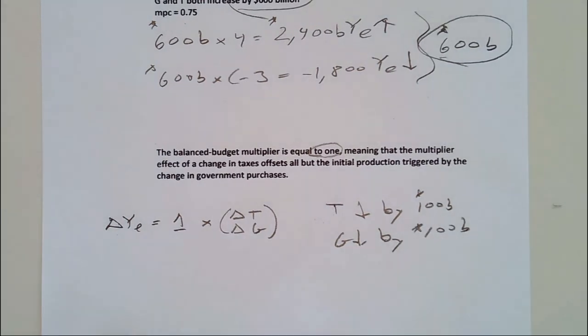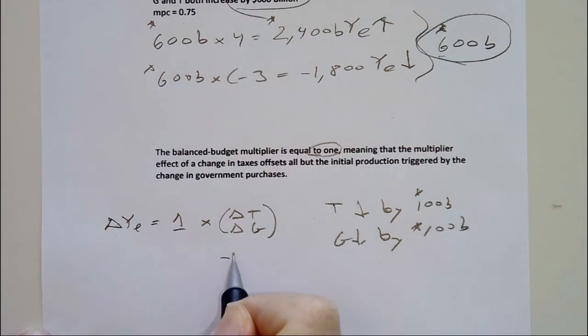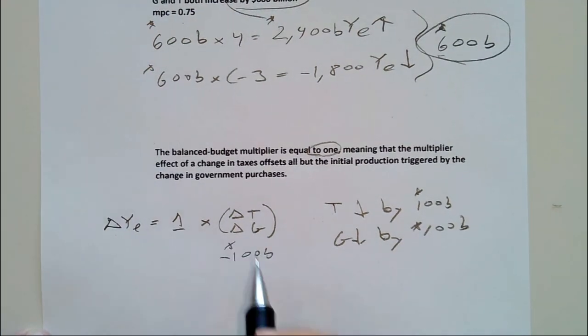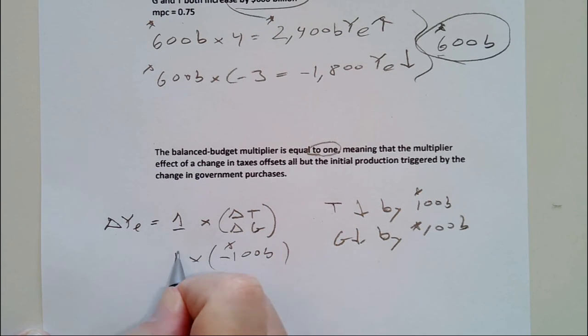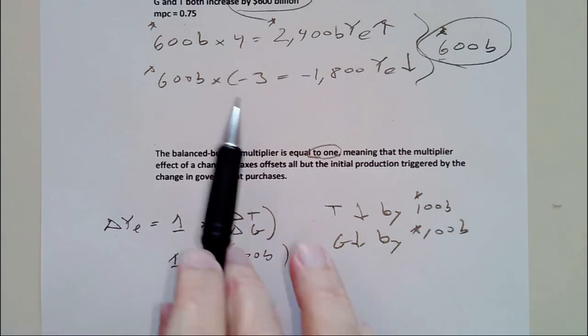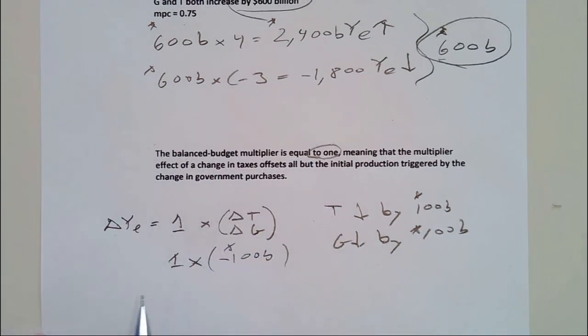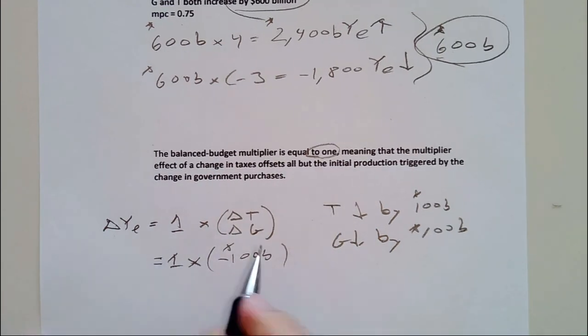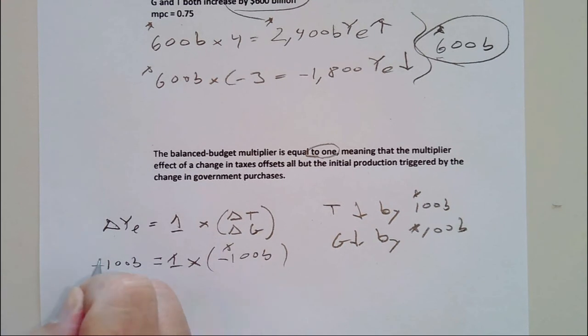Balanced budget means there's no effect on the deficit or surplus. It cancels out in terms of the budget. So it is correct, this does cancel out in terms of the budget, but it doesn't cancel out in terms of what it does to the macroeconomy. Well, if this is $1,000 billion in negative, we put 1,000 right there. You multiply that by 1. I don't have to separate it up here like I did before. I know it's going to be 1. We proved it up here. We actually did not prove it, but we gave one example. And this means our income is going to go down by 1 times that, also the same $1,000 billion.